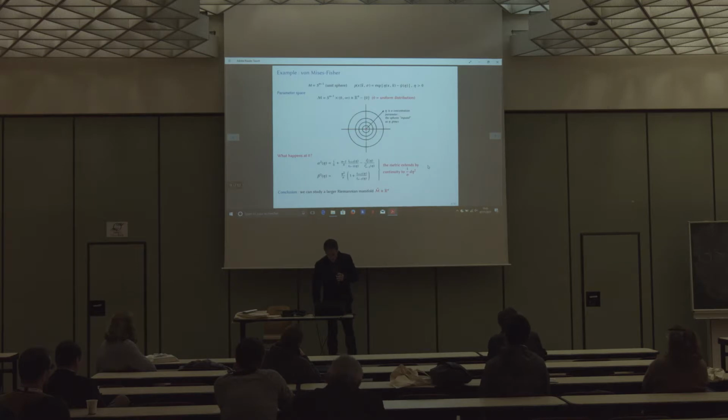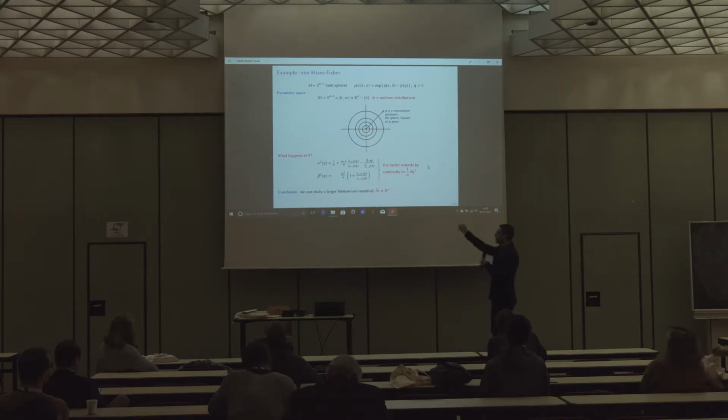Let's go on with our example, the von Mises-Fisher model. This is only an example among others. However, I chose what I thought would be most familiar to the greatest number of people. I hope I'm right in doing that. So here the fiber is the unit sphere, M.